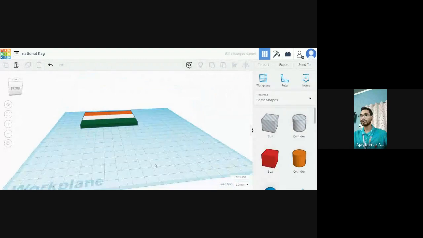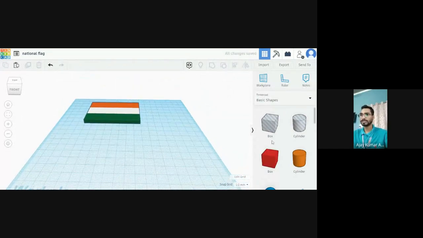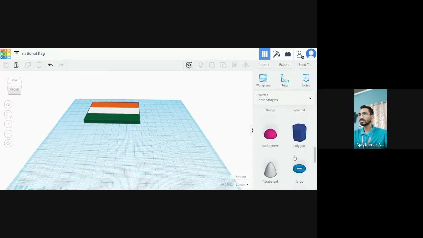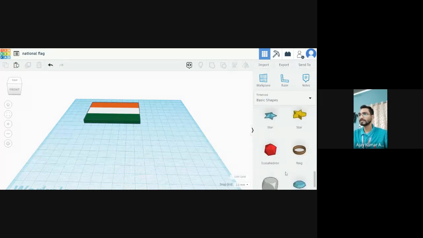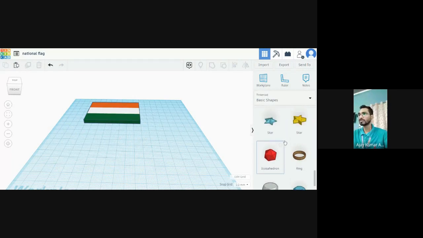Okay, now we are going to design the spokes that will come on the center of the white part. Here we can choose a figure like a ring. You can go with the ring, and you can choose other parts also if you have the designs. A torus may also be an option.